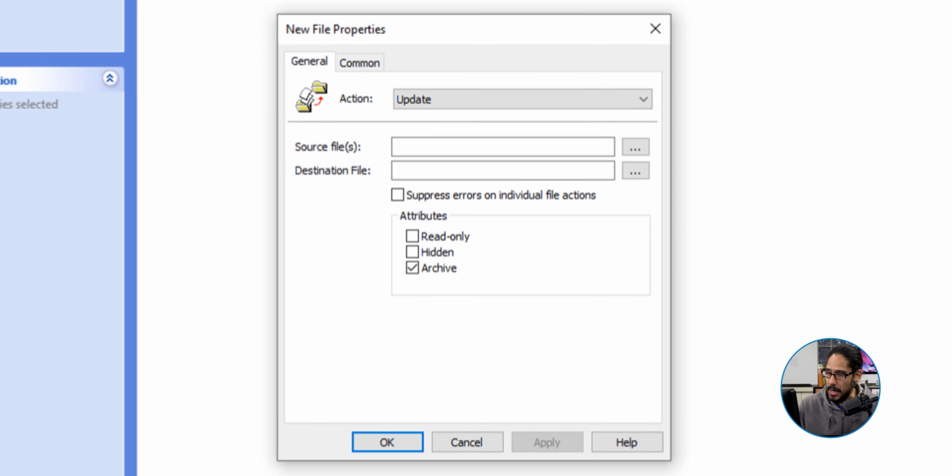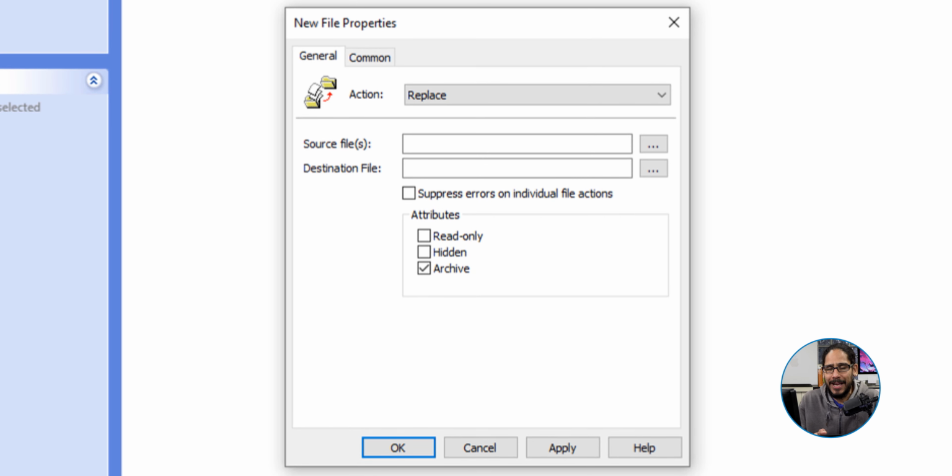Now within here, we are going to change the action to replace, because you got to understand the start2.bin file lives already on that Windows 11. We're going to be replacing it with what we just configured and customized. Now, the source and the destination.